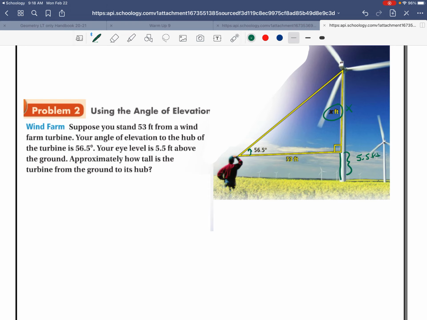To do that, we've got this angle of elevation from our eyesight, 56.5 degrees. We're obviously going to stand there. x is our opposite side, 53 is our adjacent side. The trig function that uses opposite and adjacent is tangent. So we take the tangent of 56.5, and that equals the opposite side, x, over our adjacent side, 53. We're going to solve this for x, so we're doing 53 times tangent of 56.5. Type that in, and we get about